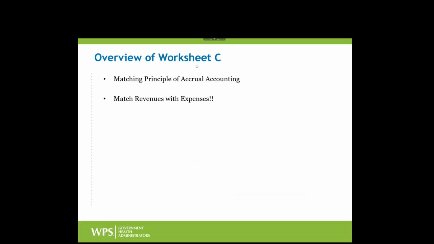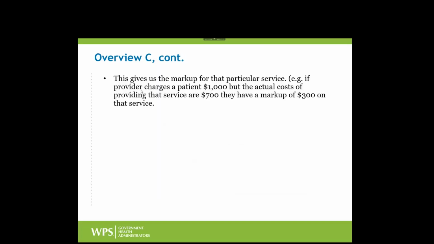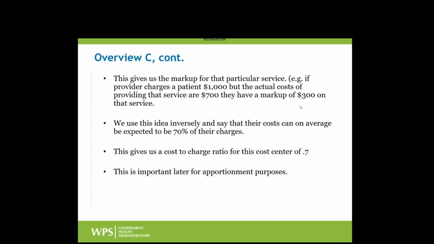So the important thing there, which we'll get to in a bit, is to match the way that the costs were grouped into the various cost centers with how the charges were grouped for those same cost centers. By doing that, we can compare how much charge related to the underlying cost to determine essentially what type of markup existed in that department or that cost center. So if you have a cost center, a department, or a particular service where the patient was charged $1,000, or that was the total charge, I should say, but the actual cost of providing the service are only $700, well, there's a markup of $300. Now, this is just a completely generic example for simplicity.